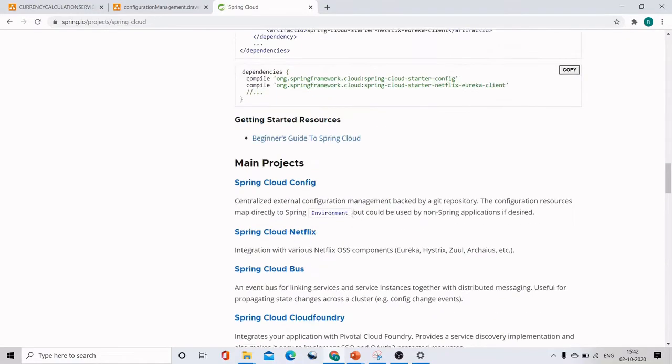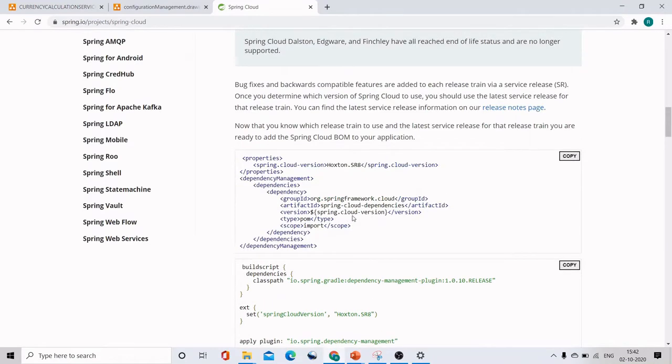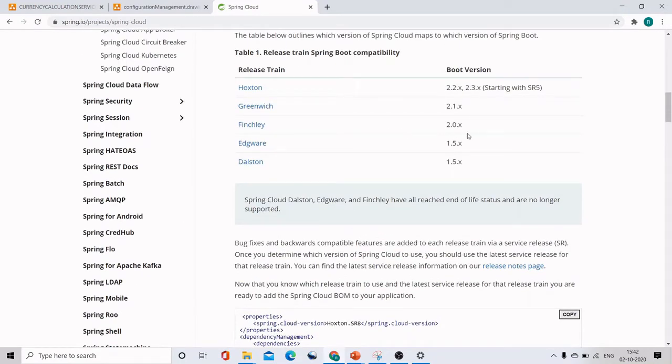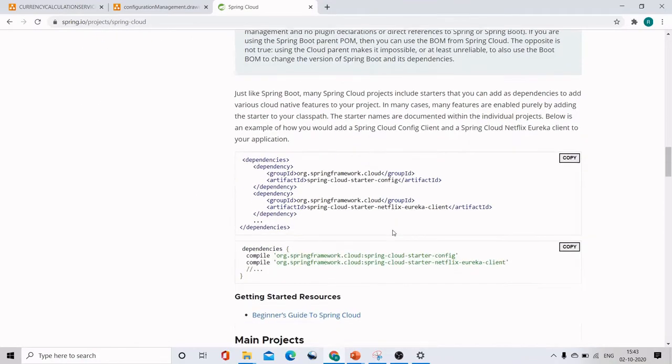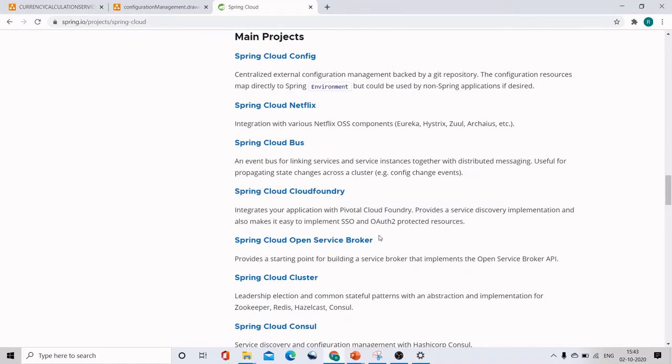You can go and see all of these, but eventually we will be using the 2.0 version. You don't need to worry if you are not understanding all these things, we will be covering this in upcoming steps. We will go through Spring Cloud Config, Netflix, Ribbon, all the steps, and show you programmatically in Spring Boot how we can implement almost all the Spring Cloud projects with Netflix.